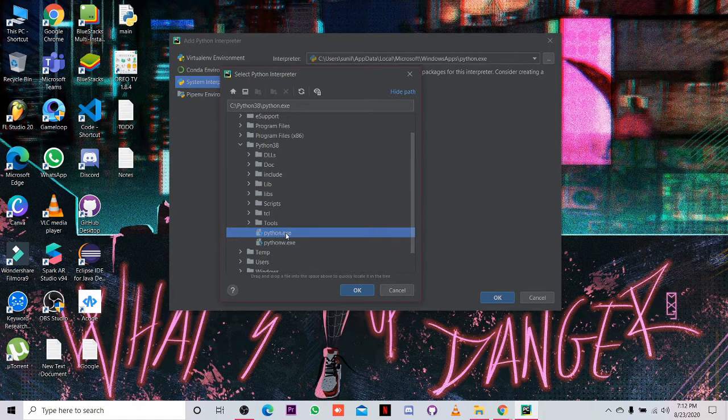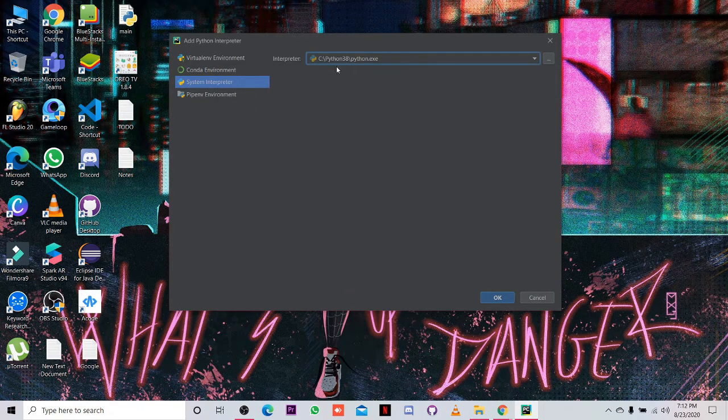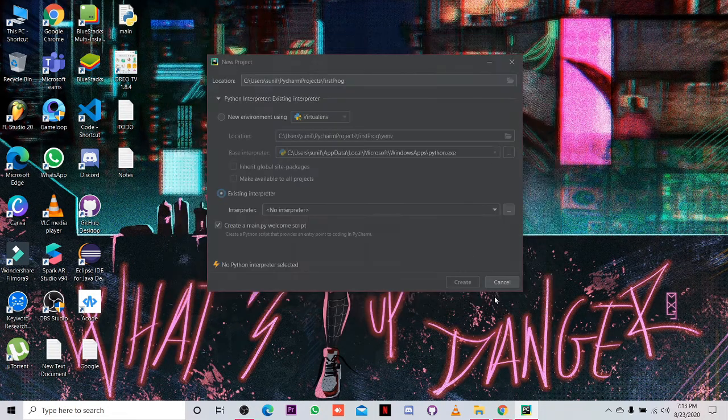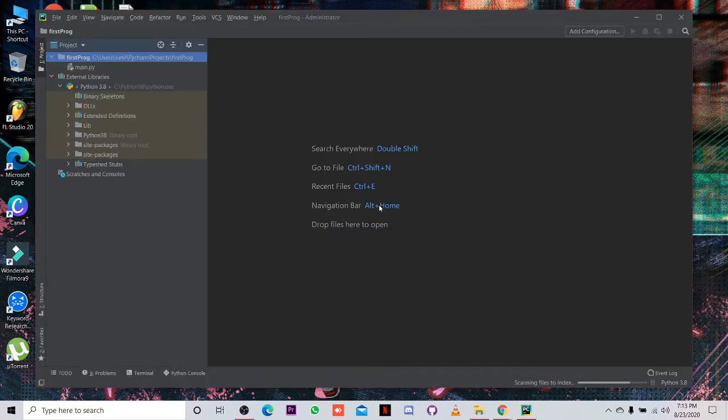After you have selected python.exe, click OK. Now you have your directory which is in C drive. You have Python 38. In it you have python.exe. Now I select OK. Now see, I have an interpreter called Python 3.8, which is the latest one for my PyCharm, and I create a new one which is empty.